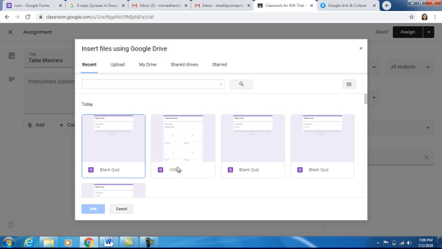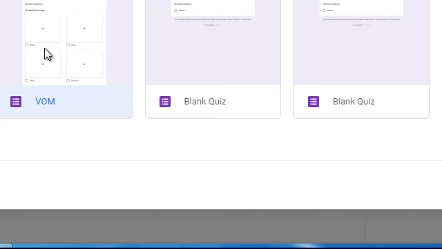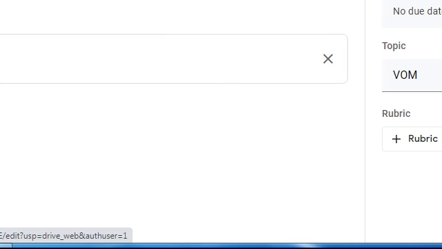and you will see different forms over here. The one I have made is with the name VOM. I click on it and press enter. Now my Google form has been attached.